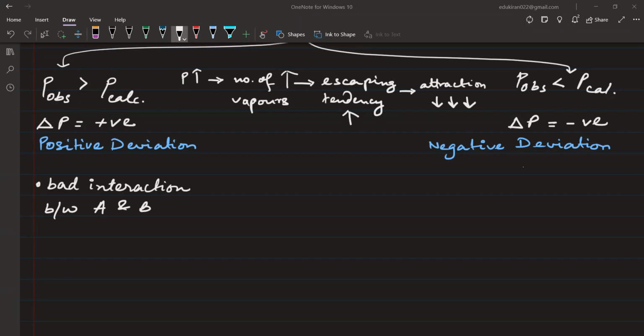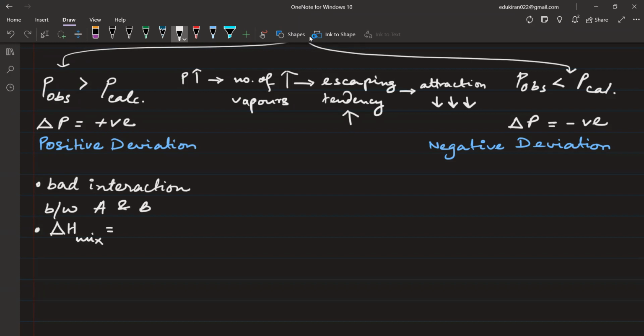Now what will be the result of bad interaction? Bad interaction means some forces of attraction are being destroyed. There were some forces of attraction earlier, and now they have become worse. That means some forces of attraction have been destroyed, and that is why the delta H of mixing will be